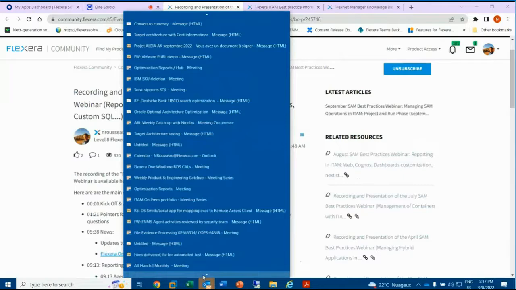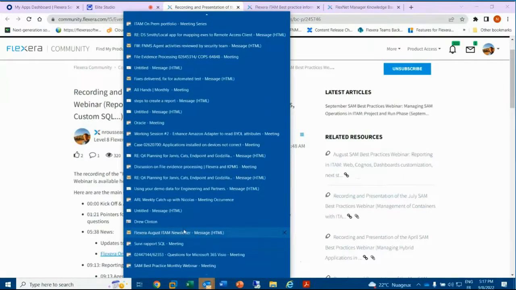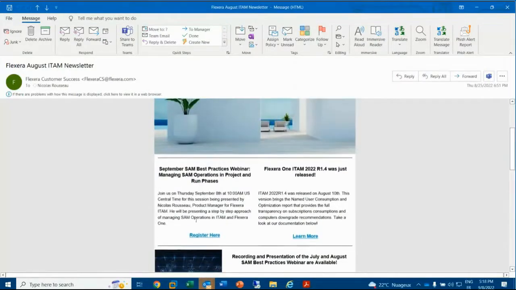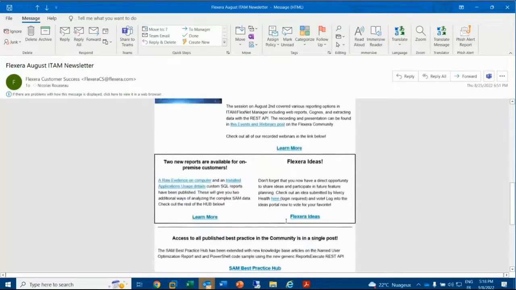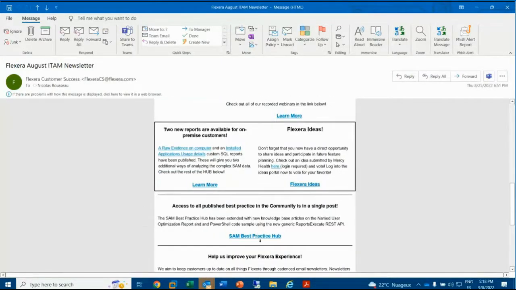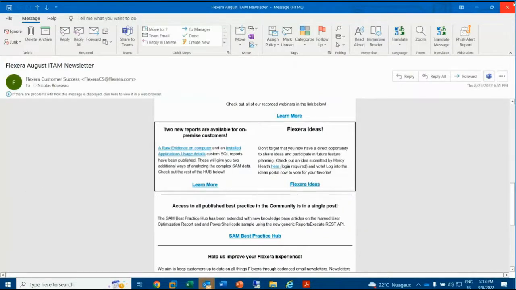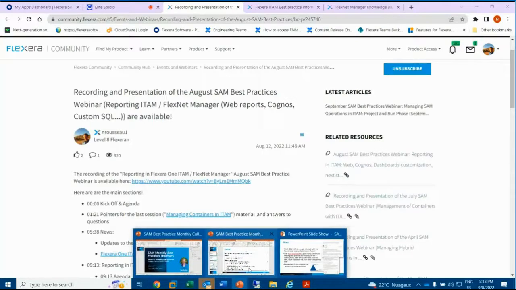Yeah, check your email, check your spam. You may have this letter, but you will get things about the next webinars, the last webinars as well, the released version, the released applications. You will get everything in a one-page document in the SAM best practice hub again and again. Okay, let's move on to the core topic of today,